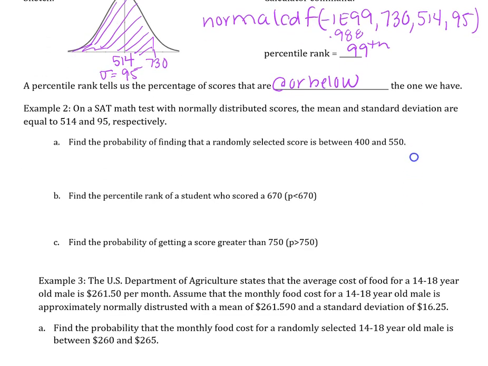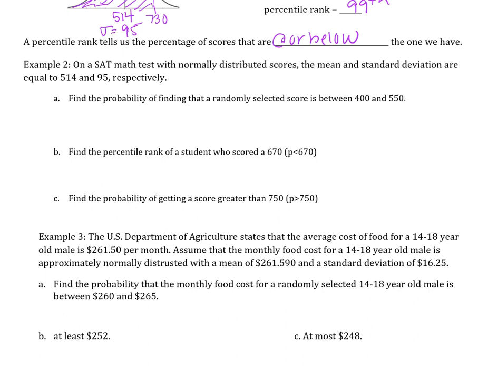Okay, let's try another one. On an SAT math test with normally distributed scores, the mean and standard deviation are 514 and 95 respectively, so same as above. Find the probability of randomly selecting a score between these two values. So, if I were to sketch a picture of what I'm going to do here, center is 514, and I'm looking to randomly select a test between 400 and 550. So that would represent the area